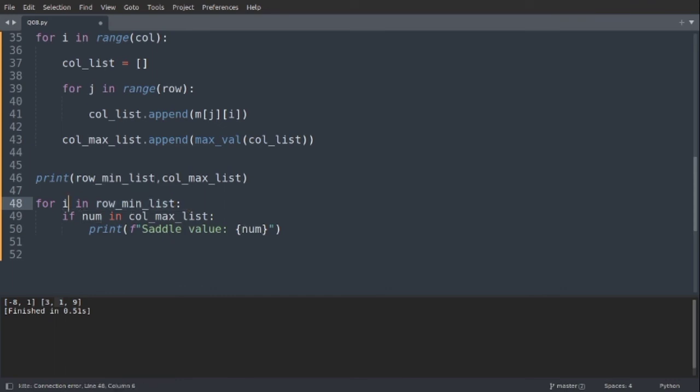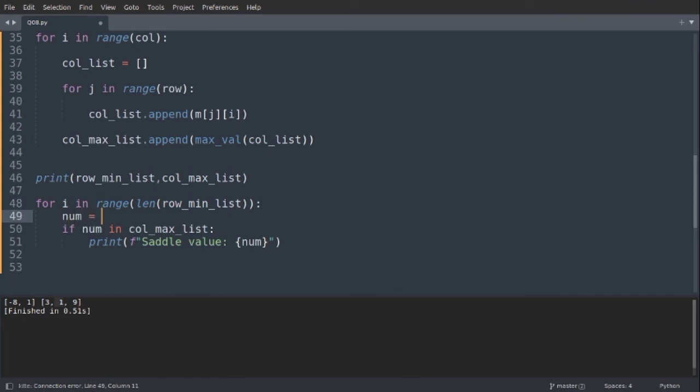For i in range of length of row max list, I will loop on index. So num will be row min list of i, which means I am using indexes. Here I got the ith value, and if num is in column max list,